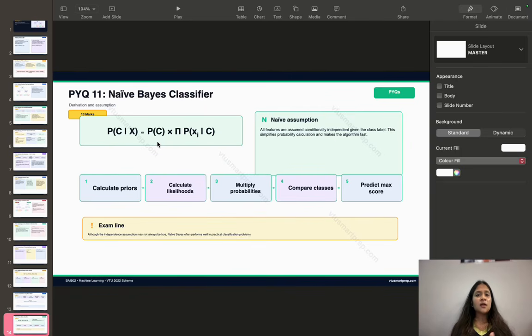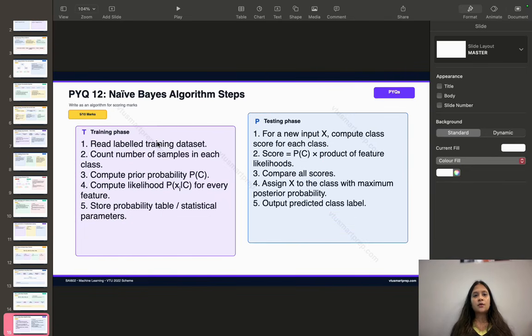So here in Naïve Bayes also they can give you the numerical problem. With an example you have to solve it. Here you can see the algorithm steps which you can remember. They can say write the Naïve Bayes algorithm for training phase as well as testing phase, or